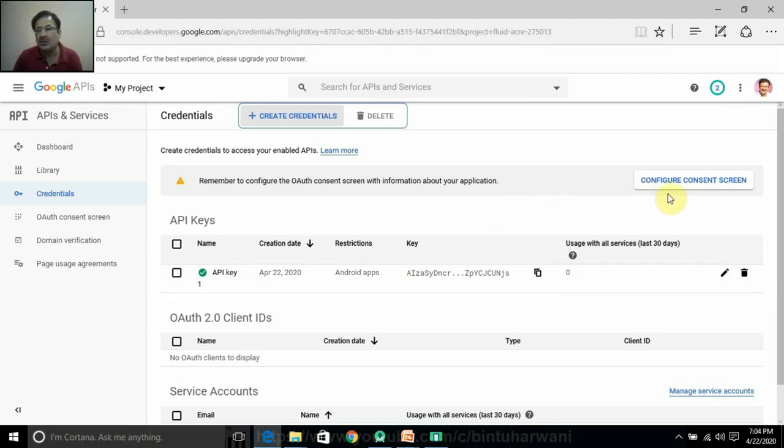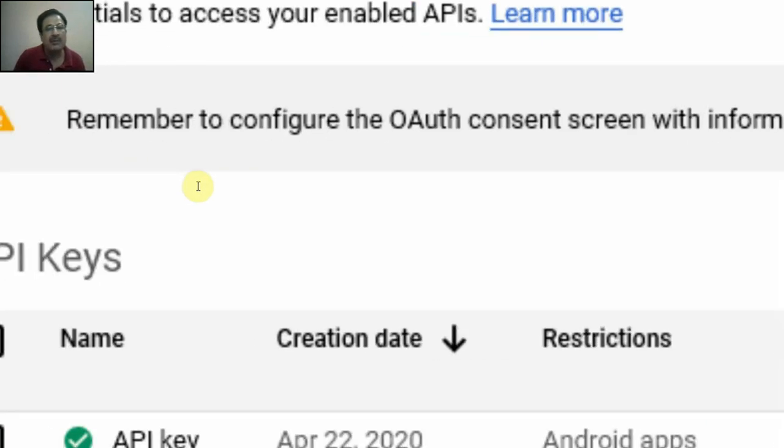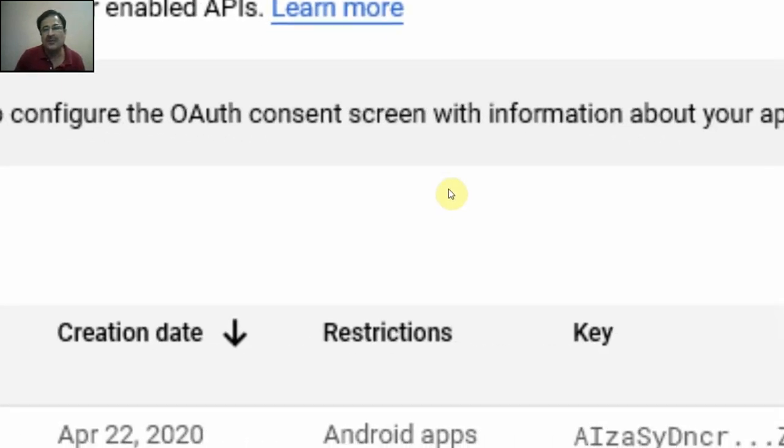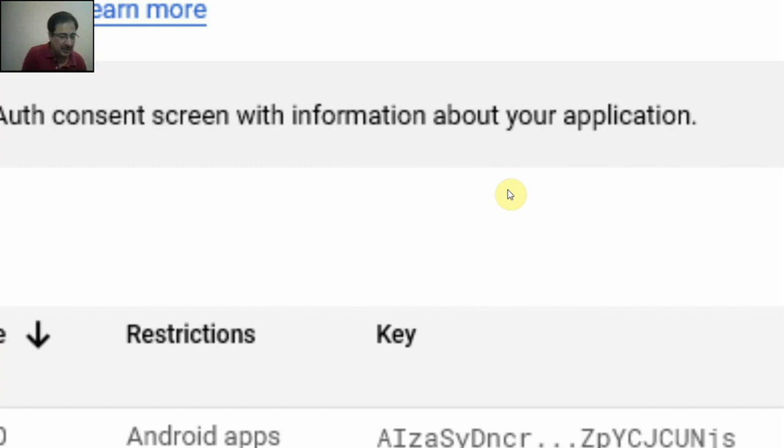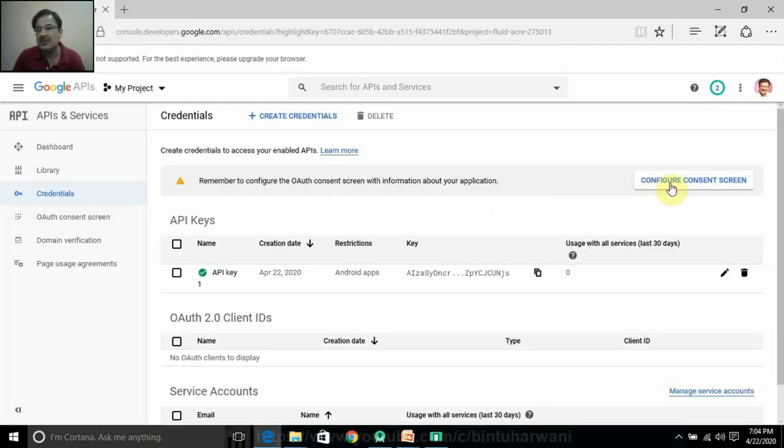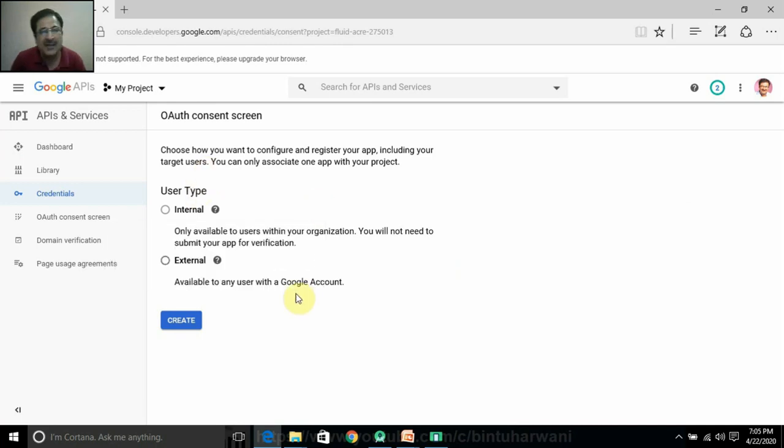But it is asking you to configure the consent screen. See, it is showing you a message here: remember to configure the OAuth consent screen with information about your application. Here you can see Configure Consent Screen. Click here. It is asking whether you want this app for users in your organization or to be used by any person who has a Google account. I will go for the external option because I want my app to be used by anybody who has a Google account.